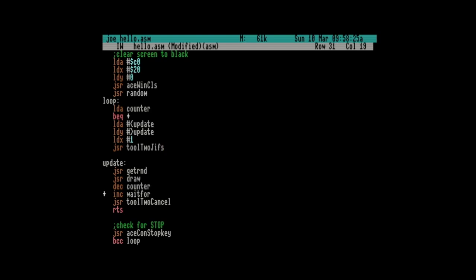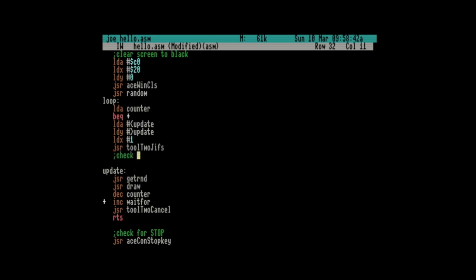There's also a tool timeout seconds. So your timeout can be theoretically anything from 1 jiffy using this routine to 255 seconds using the seconds version of the timeout routine. And then this should be a good time to check for the stop key. While we're waiting for our update to fire, we can do other stuff. So check for stop,